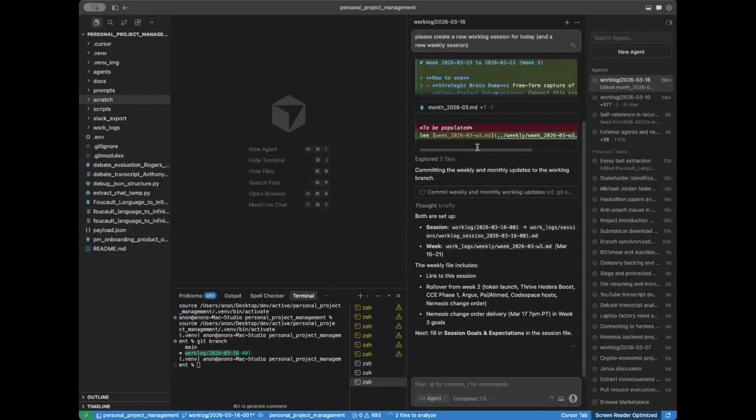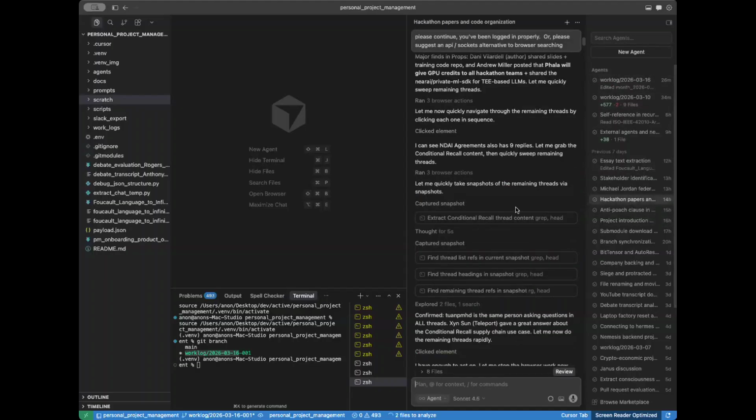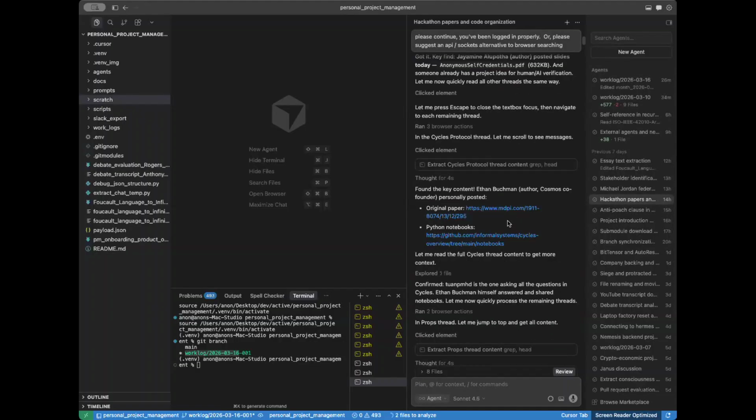One cool thing you might notice is I have a work log document for every day. It's not exactly every day, but I try to track what I've been up to. And the reason I'm sharing this is that I can recursively self-improve my life, right? If I know what I'm doing and the AI knows what I'm doing, then it can just give me certain kinds of feedback. In any case, for these hackathon papers and code organization chat, what I ended up doing here is,